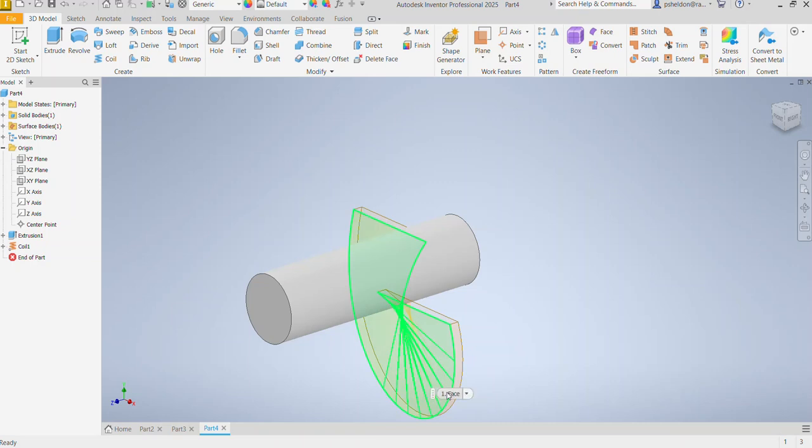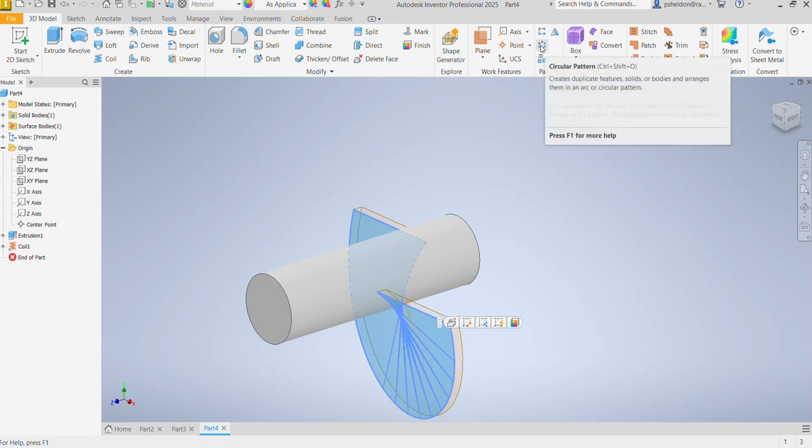So now, if I like this kind of blade, which may not be the kind of blade you're looking for in your turbine, I can use that as is. I can change the various things about it, the pitch, the rotation around the central axis, etc. Or if I want to just do multiples of them, I can choose that, and I can choose the circular pattern,